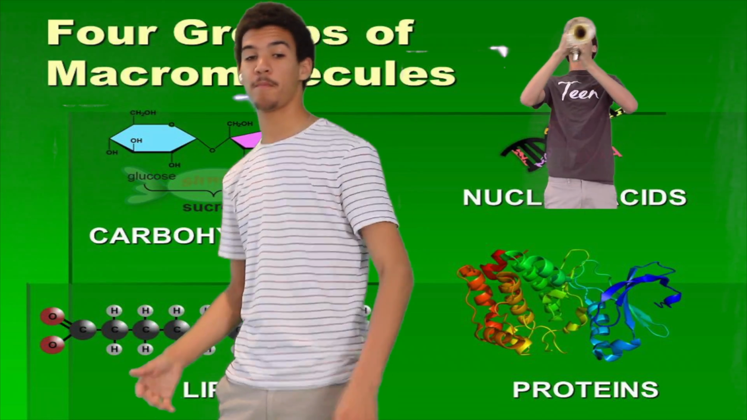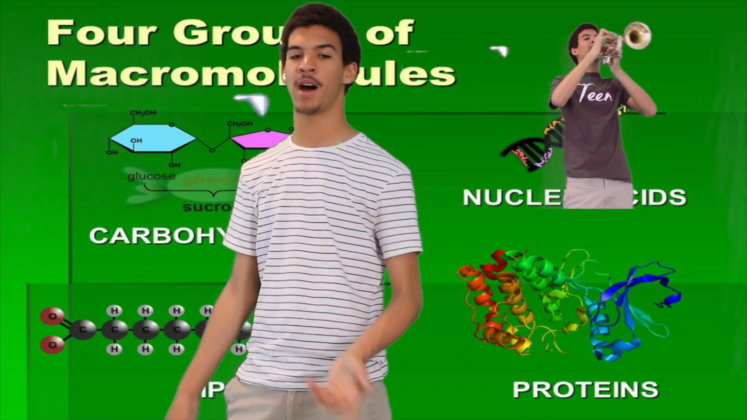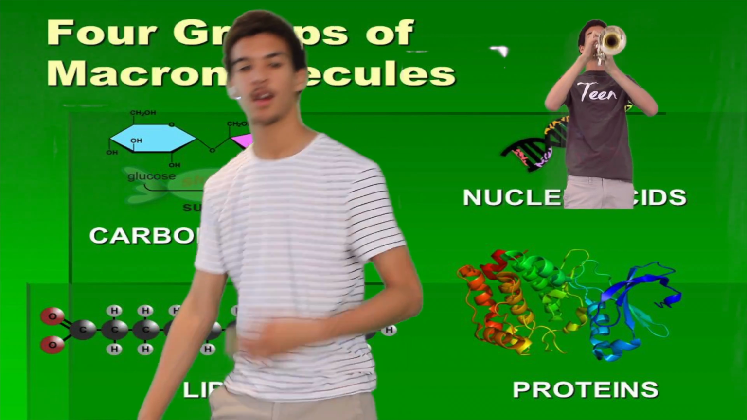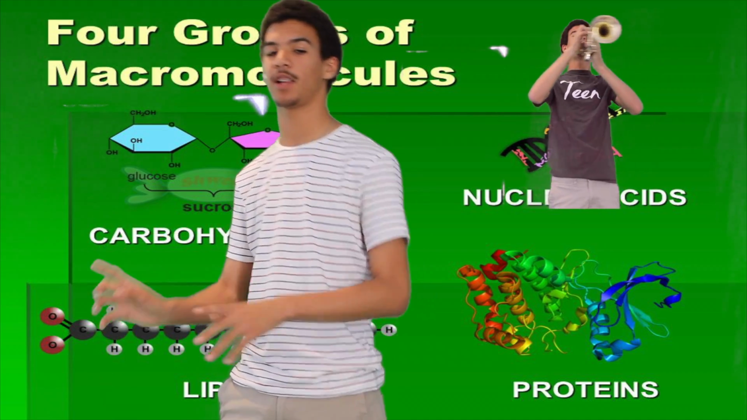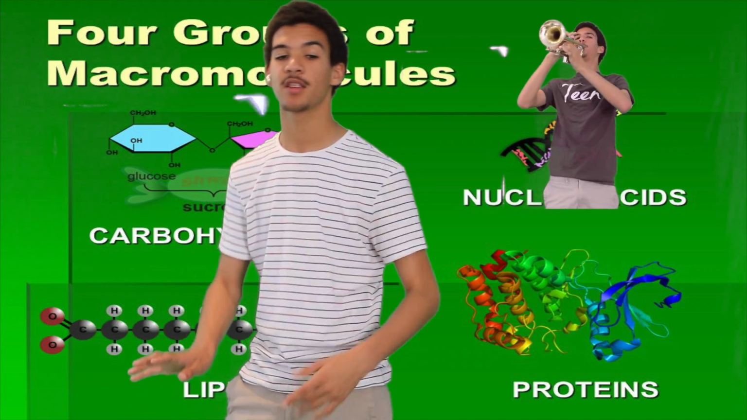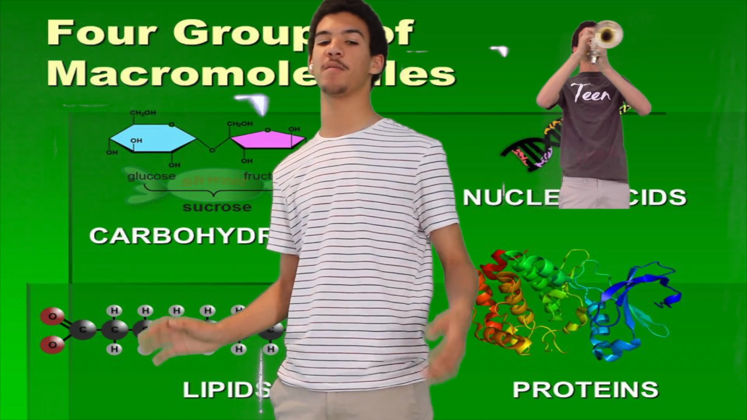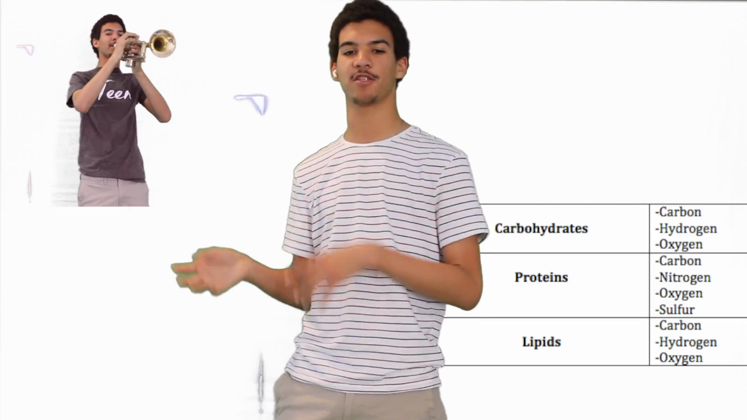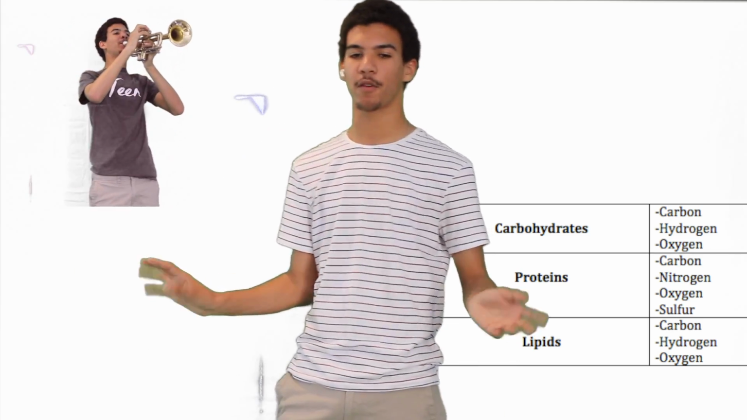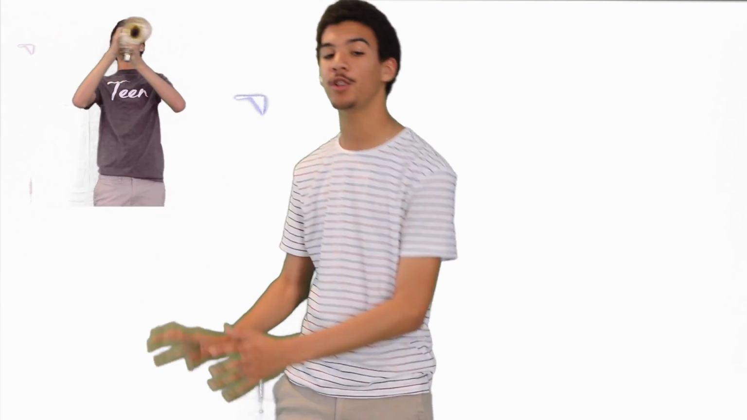The 4 macromolecules of bio are as follows: carbs, lipids, proteins, and don't forget nucleic acids. First, let's start with carbs. They're the main energy of the body. Carbs are made of carbon, hydrogen, and oxygen. This macromolecule has smaller units called